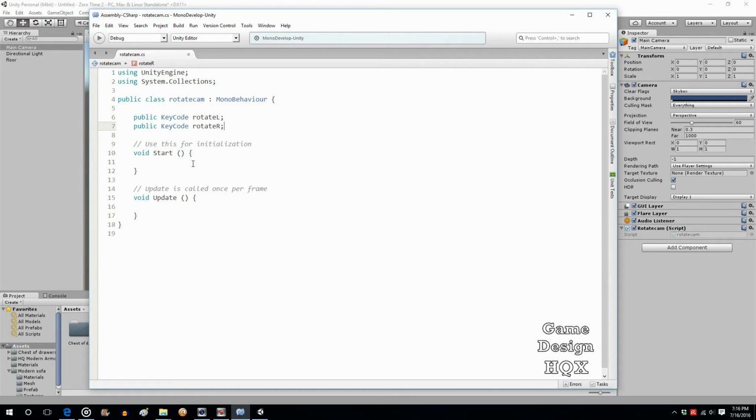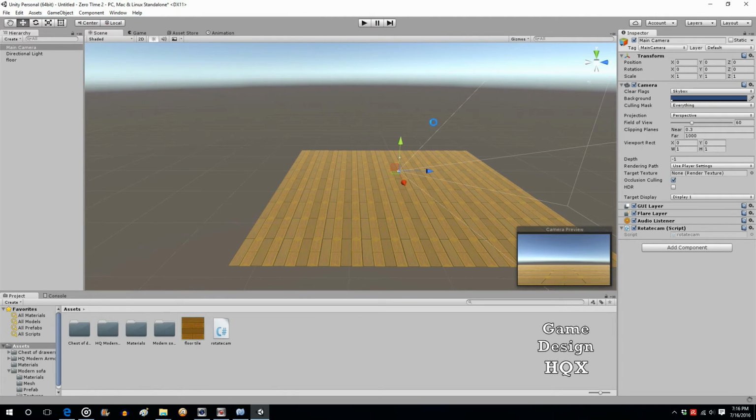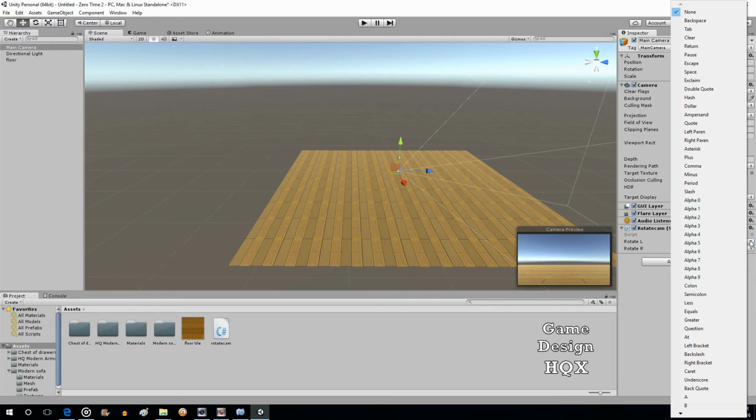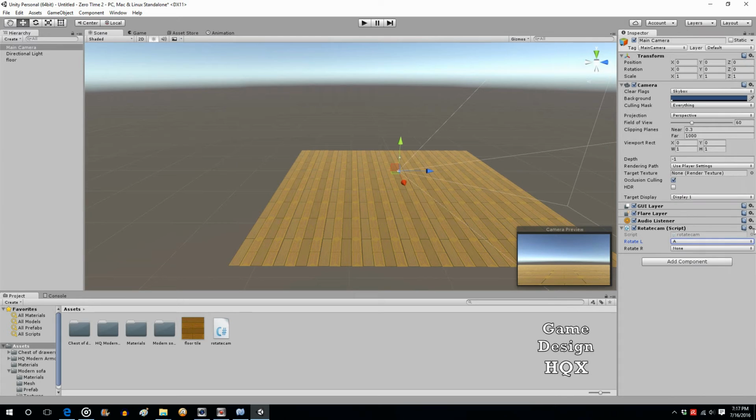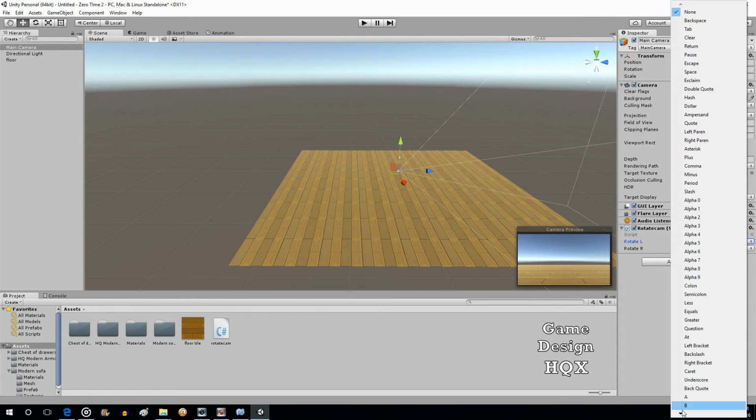It can also be used to store the mouse if you want to use those. So if you go back to main cam now, you'll see that those two variables have appeared. So you just have a drop down box. So you have to choose what keys you want to assign to these variables. We'll use WASD control. So we'll do rotate left is A, rotate R will be D,